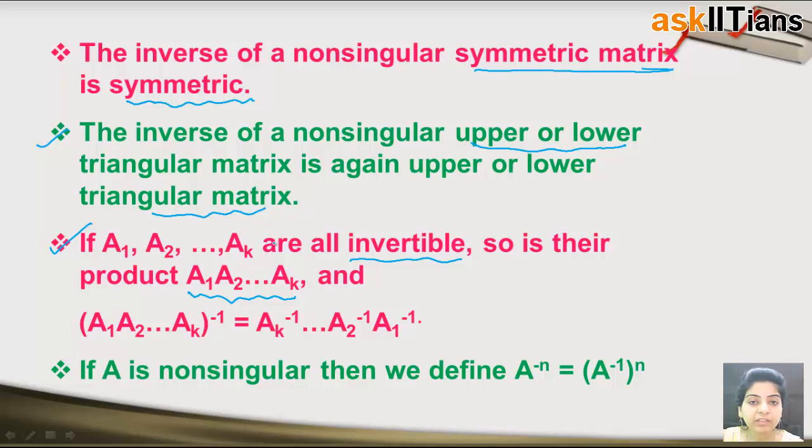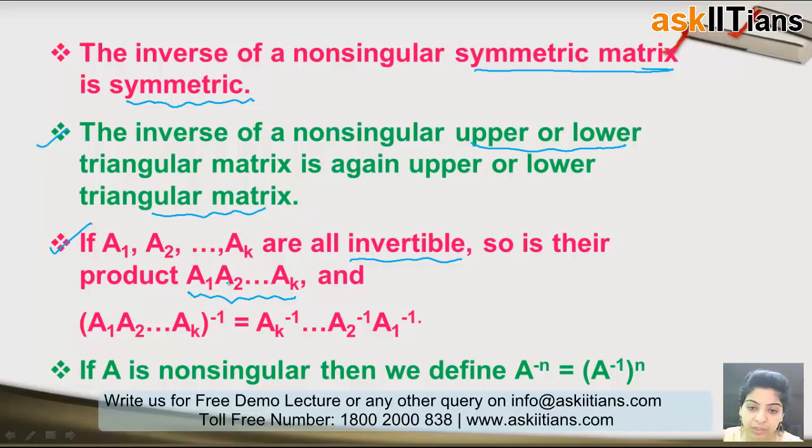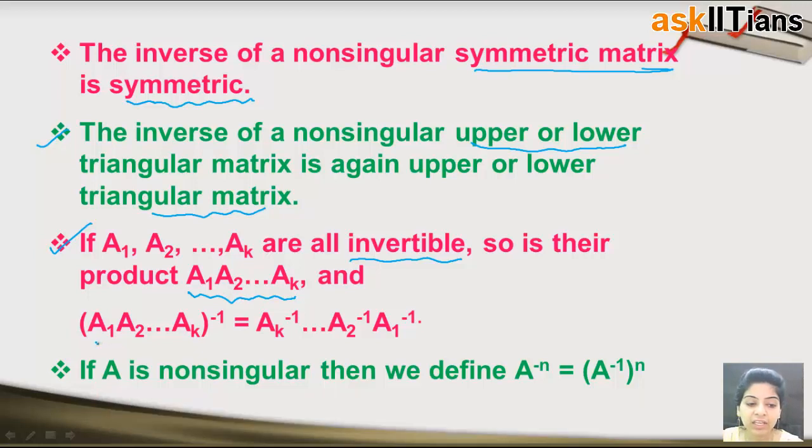This property basically says that if we have A1, A2, up to AK and all of them possess individual inverses, then the product A1 into A2 into so on up to AK will also be invertible. And again, if you remember, as in case of 2, we had A into B. Similarly, (A1 into A2 into AK) whole inverse will be equal to AK inverse into AK minus 1 inverse, so on till A1 inverse. The order becomes opposite, right? First we will have the inverse of the last element, then so on till A1 inverse.